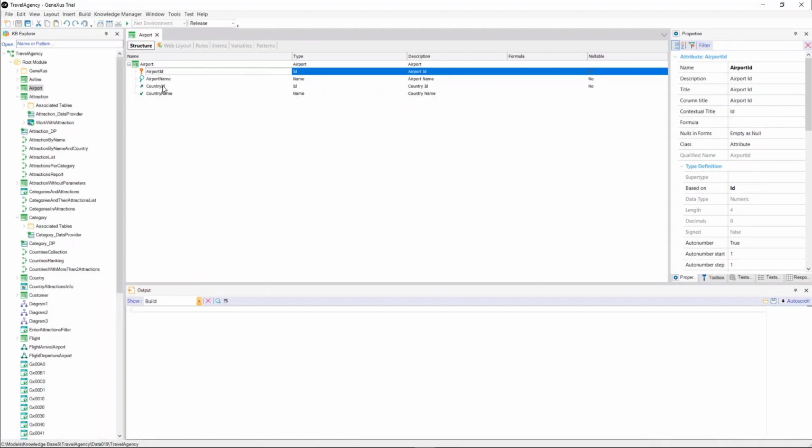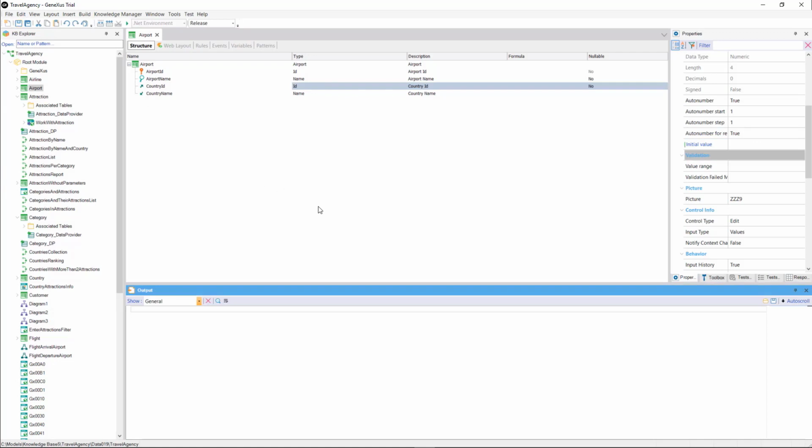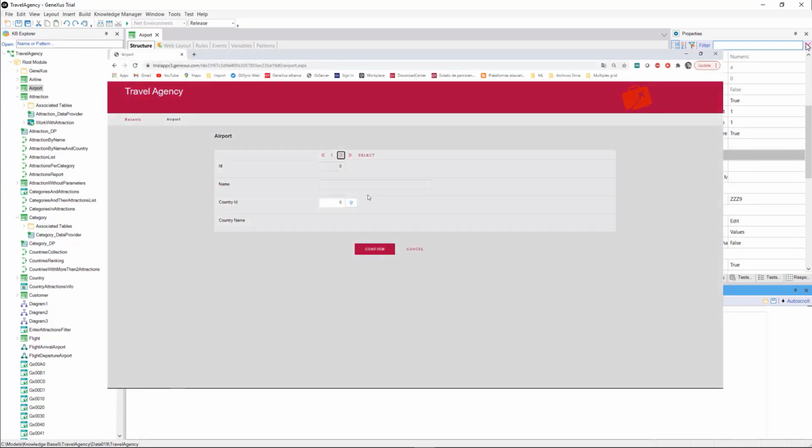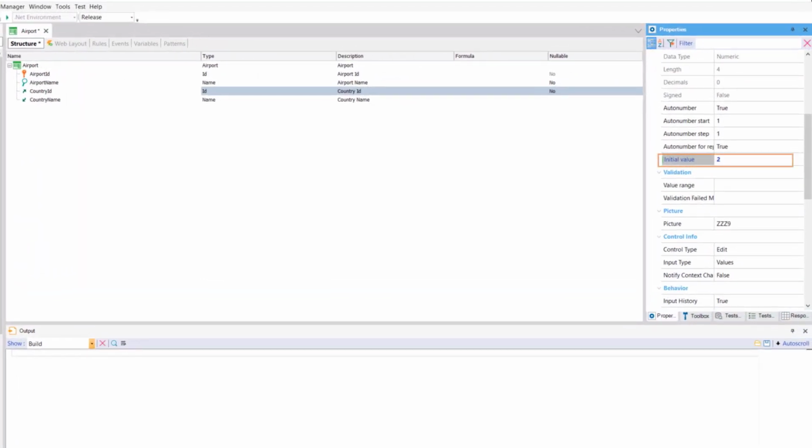If at some point we no longer want this attribute to be initialized with a value, we can modify this property and remove the value we entered. This will no longer impact the records that we've entered. It's important to remember that the initial value is assigned to the new attribute when the table is reorganized. If we didn't assign an initial value to the attribute when it was added and the reorganization is executed, then it'll be necessary to run through all the records to assign a value to it. As we also mentioned, when creating a new record, if there's an initial value assigned, the new record will be created with the attribute at that value.